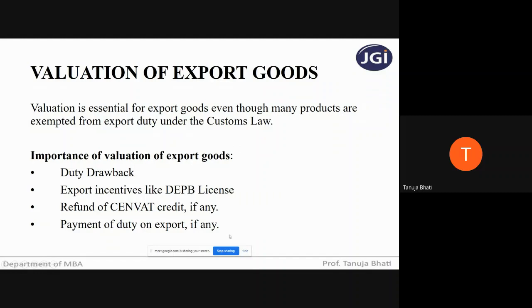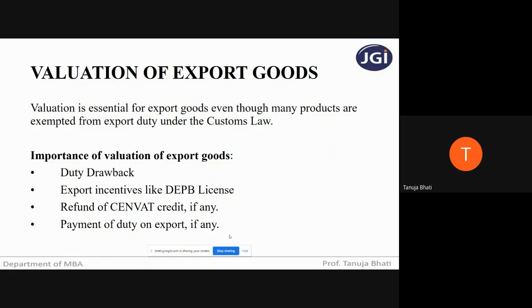Now this is very important, students, which means that exported goods are valued because some persons who are exporting the goods, if they get an export license, then they can easily claim the